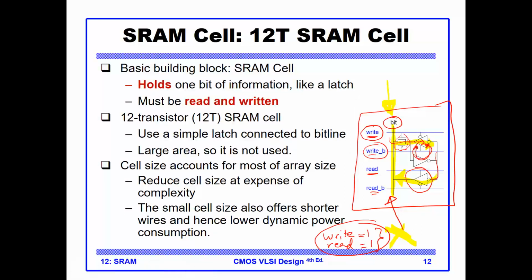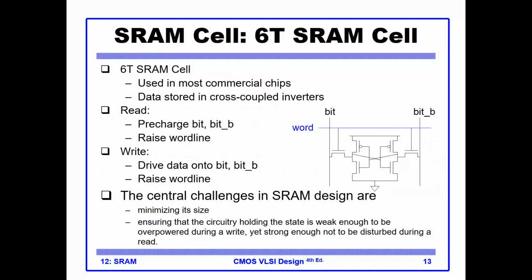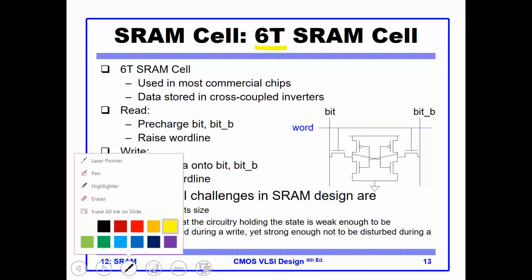Okay, all right. This circuit, unfortunately, is bulky. It has 12 transistors. We don't use it. It's large. Nobody uses this. So what we need is to reduce the size of the cells and make them as small as possible. Now, one small cell that people use is the 6T, as opposed to the 12T we saw earlier, and the 6T is very simple. Do not be intimidated